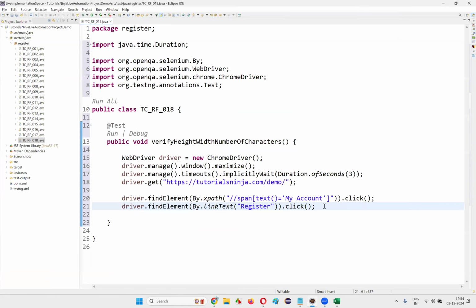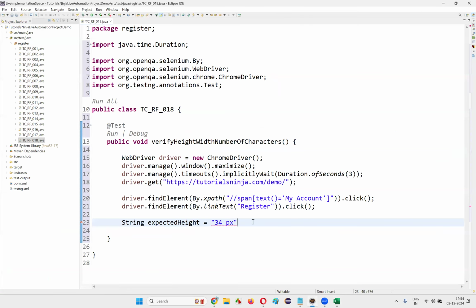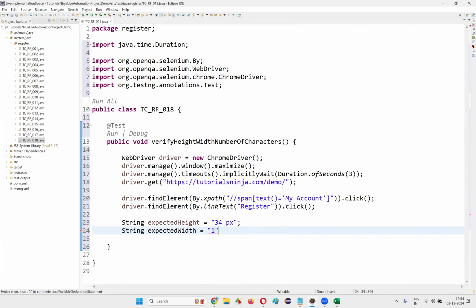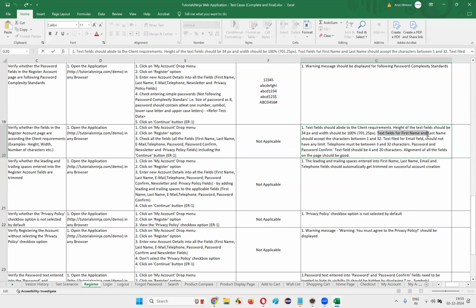So what I will do here is I'll simply write String expectedHeight is equal to 34px, and also String expectedWidth is equal to 100%. Text fields for the first name and last name should accept the characters between